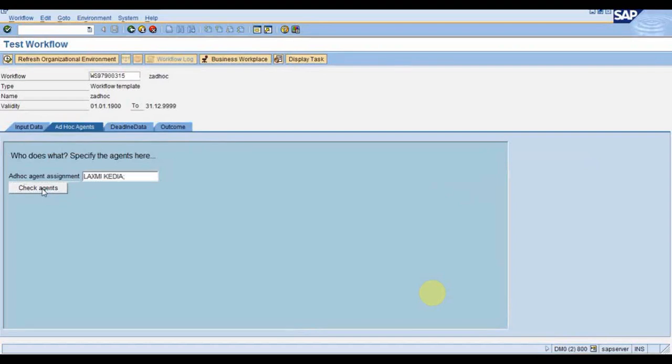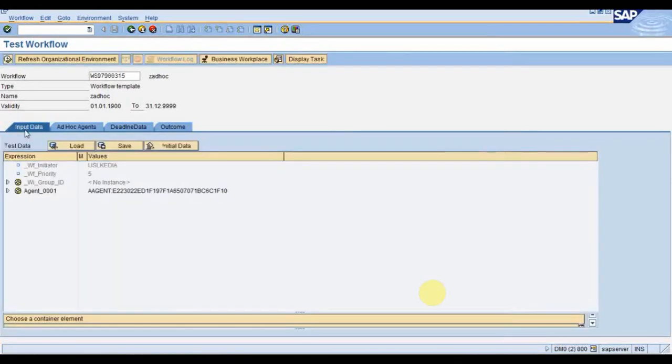It will check the user ID with the backend, so that it ensures it is a valid user ID. So it has been checked. Now once I have assigned it, you can see one instance is created against this agent with this particular ID, that is E2223, this big ID. This is the instance created against Lcadia. Now I will execute this particular workflow.